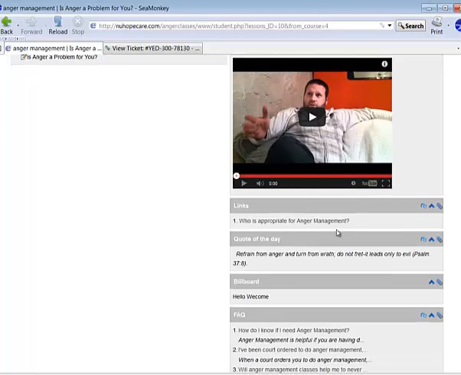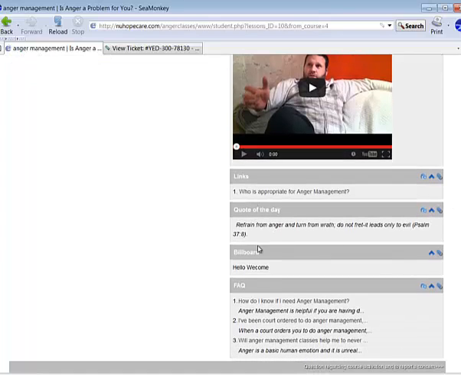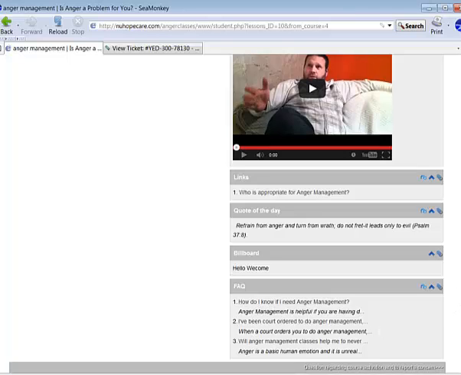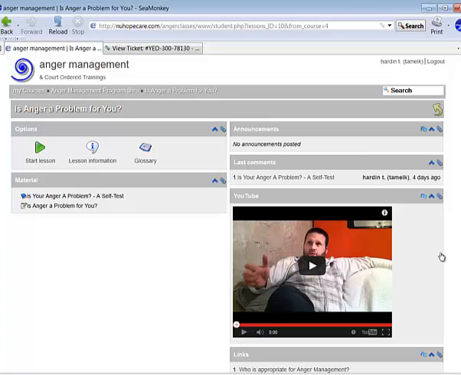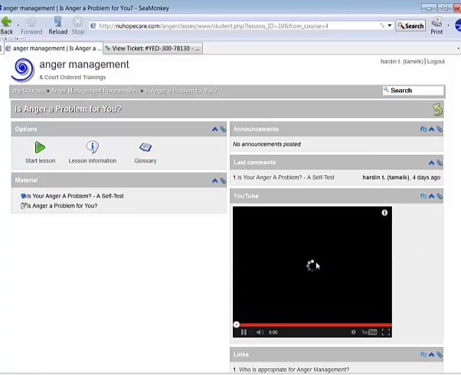As an example, you have links that you see there. You have quotes, and one of the quotes for today is, refrain from anger and turn from wrath. Do not fret, it leads only to evil. And that's a Psalms one. Okay, so each day they do change. And then you have frequently asked questions that you would be interested in. Once you have looked at this page to the right, and you've taken a look at the video,